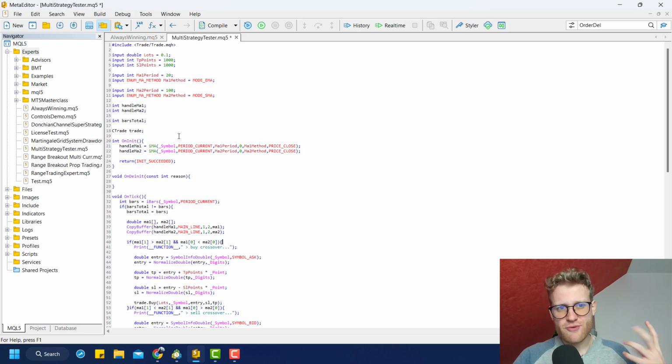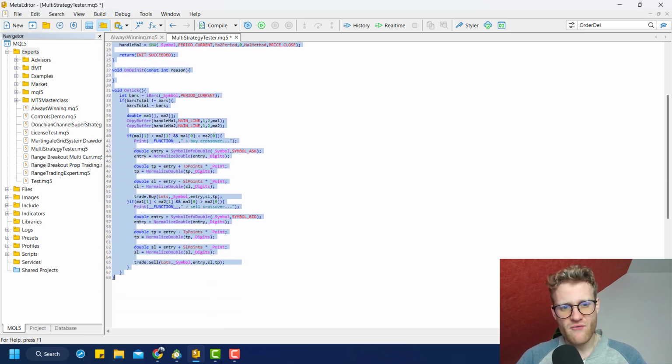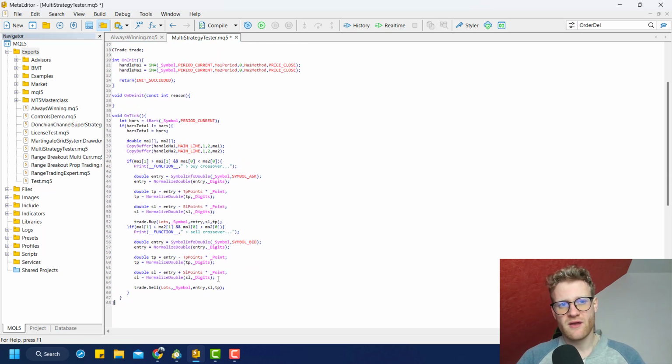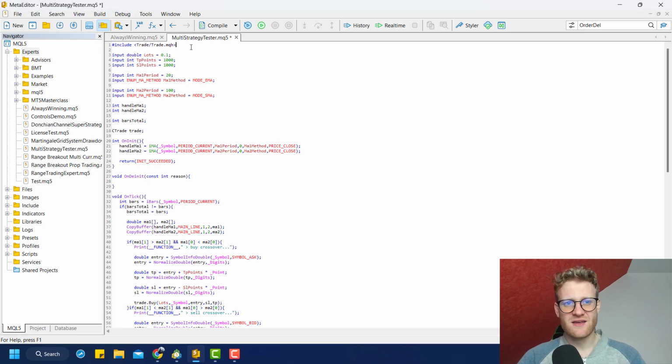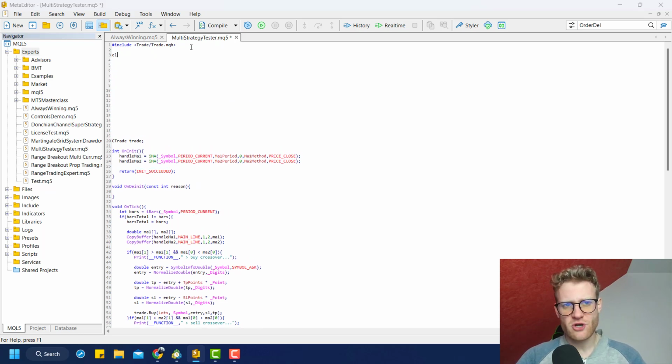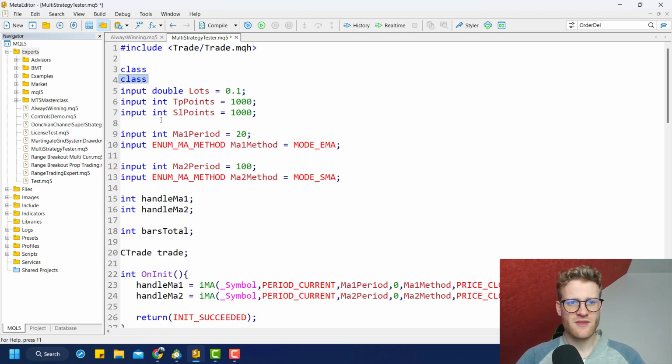Okay, so I will try to show it to you as easy as possible. So I think one of the easiest ways to achieve what we want to do here is just wrap everything you have here into a class. So what I can do is I can go to the very top here, I can write class, and then I choose a name for my class, like